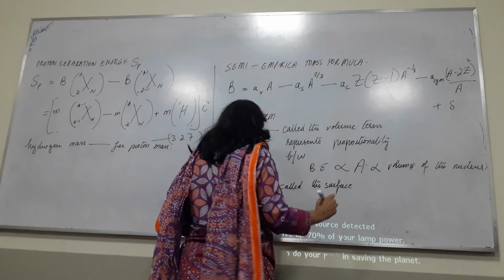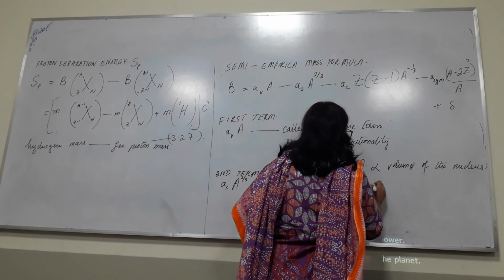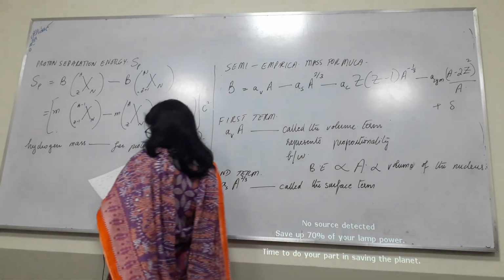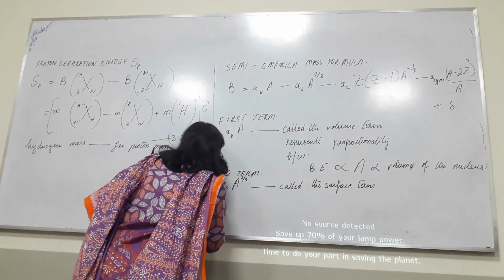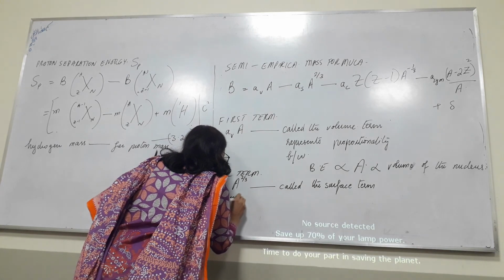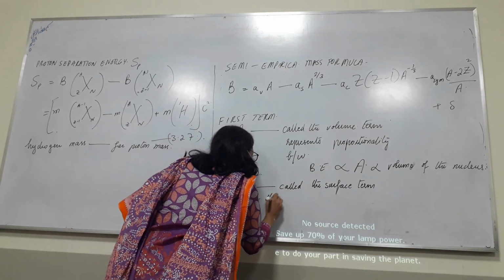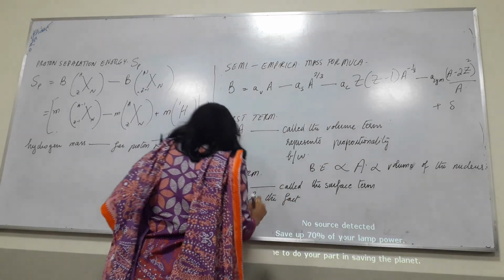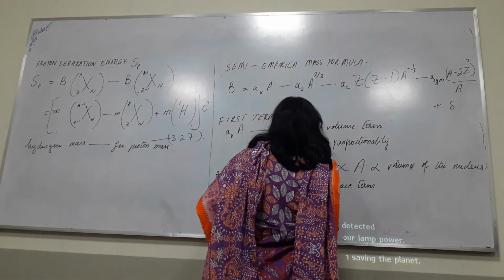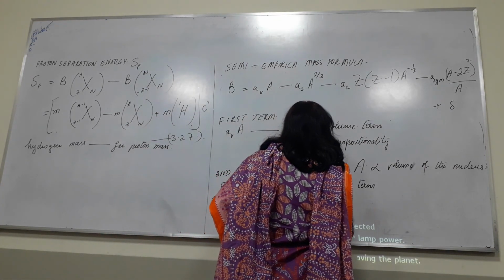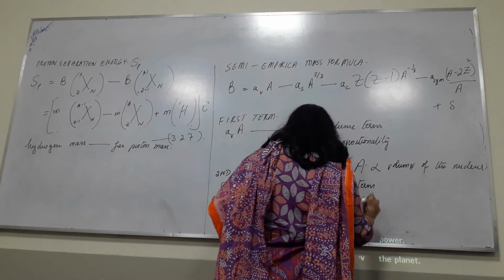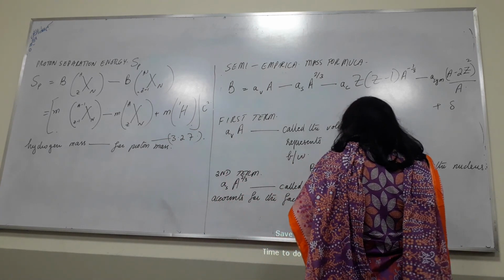S for surface, right? V for volume. So this accounts for the fact that nucleons on the surface of the nucleus,